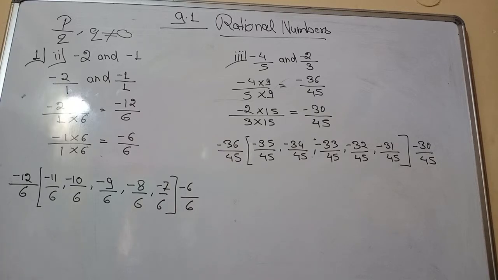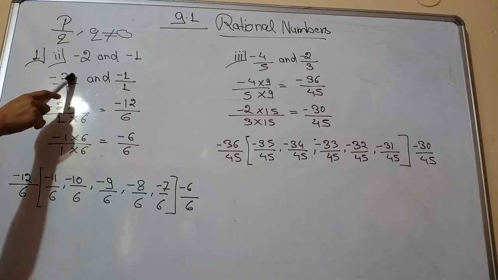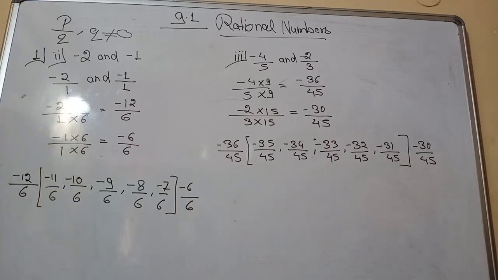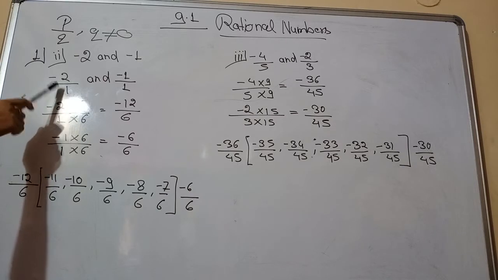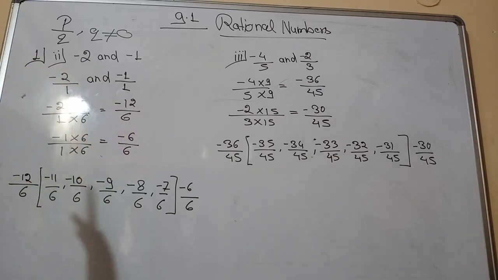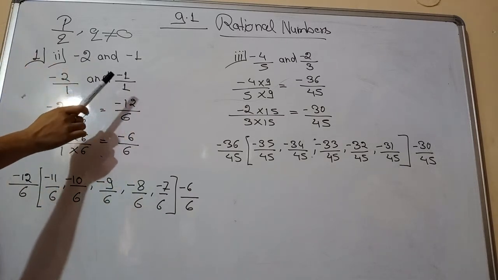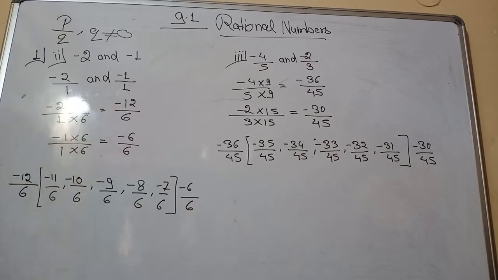Now the next thing we have to do is multiply any greater number in the numerator as well as in the denominator. It's up to your choice. I have multiplied by 6. But make sure that whatever number you multiply here, according to that you have to multiply the number here also, because we need both the denominators the same.